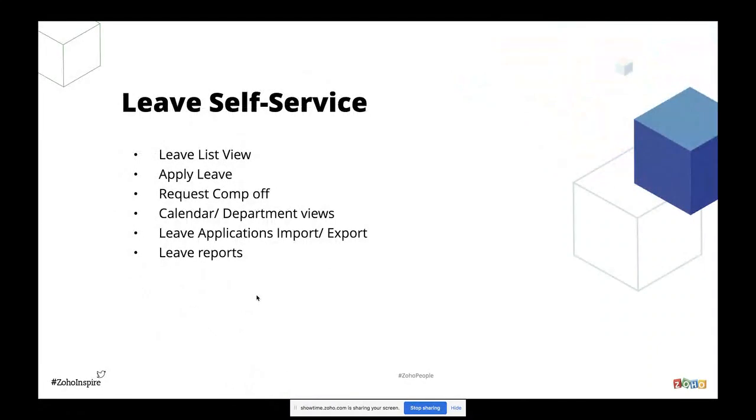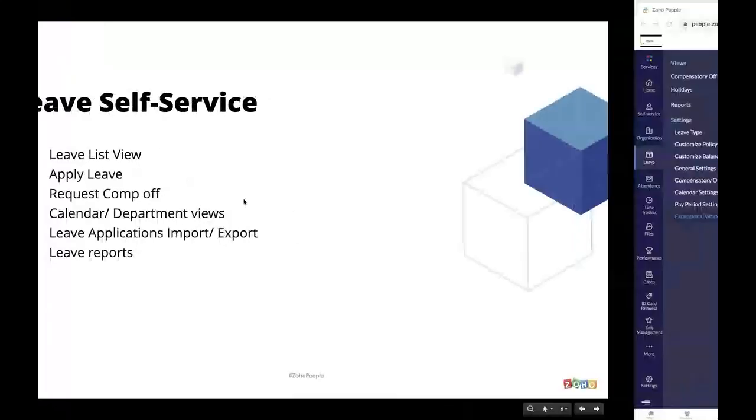Going to the next topic, leave self-service. We shall quickly have a look at how to use the leave self-service or leave dashboard in the Zoho People product.